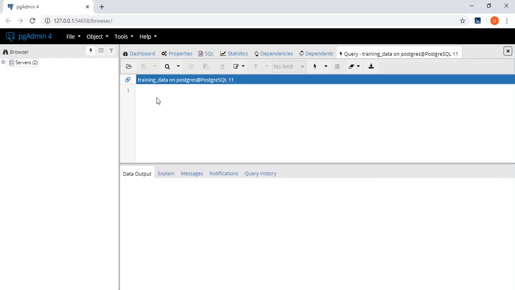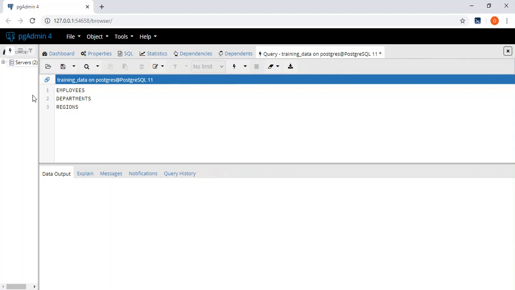The first table is employees. The second table that we have is departments and regions. So if I want to see what I have inside the employees table, don't worry, this is just to